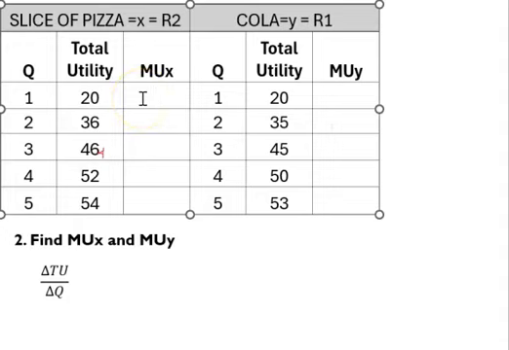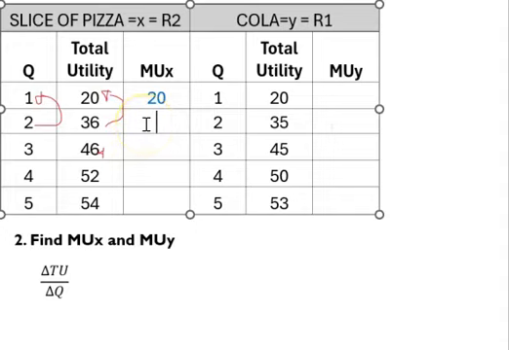So marginal utility of consuming 1 slice of pizza is 20. What about marginal utility of consuming 2 slices of pizza? Total utility is 36, so the change in total utility is 36 minus 20, divided by 2 minus 1, that is change in total utility and change in quantity,